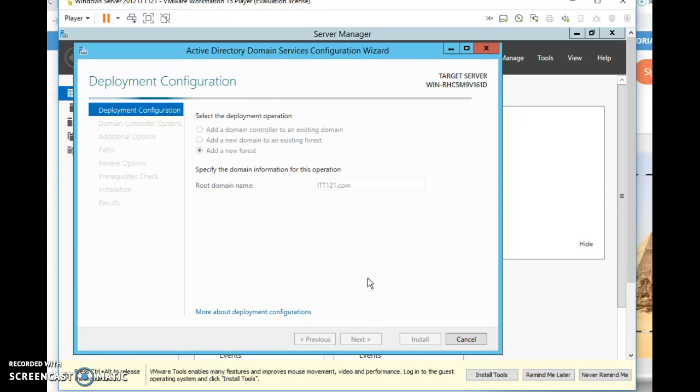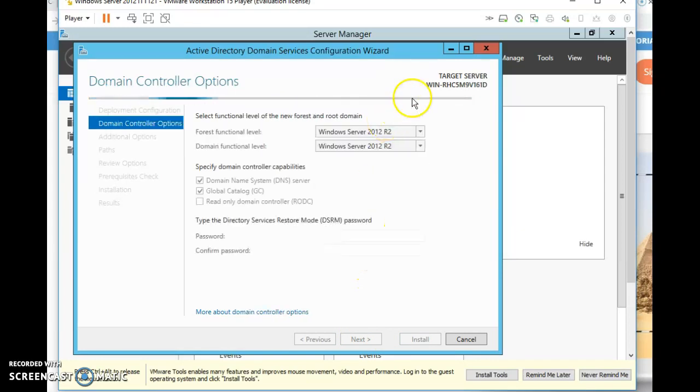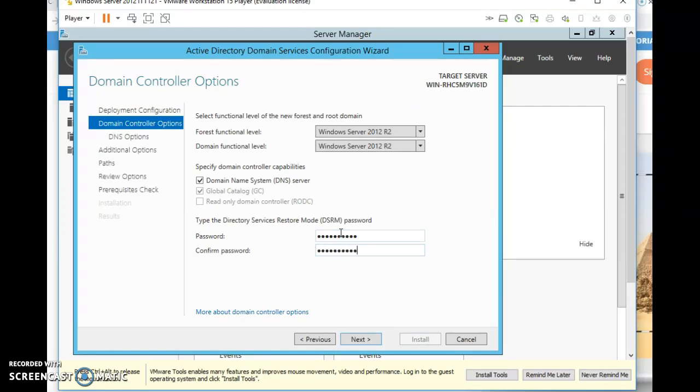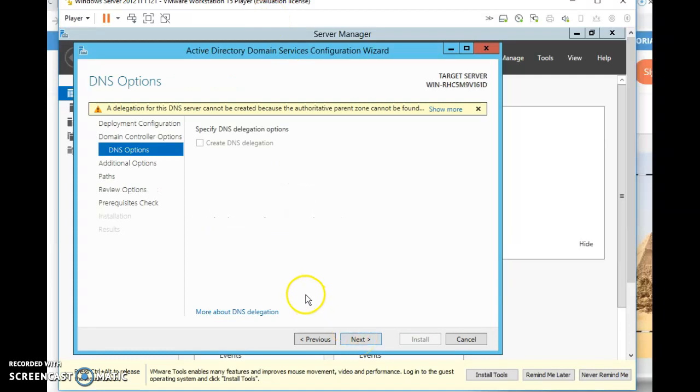One thing that I should have done is change the computer name. That is what I should have done. I hate looking at that generic name. So I'll put in the password. All right, and then next. And then